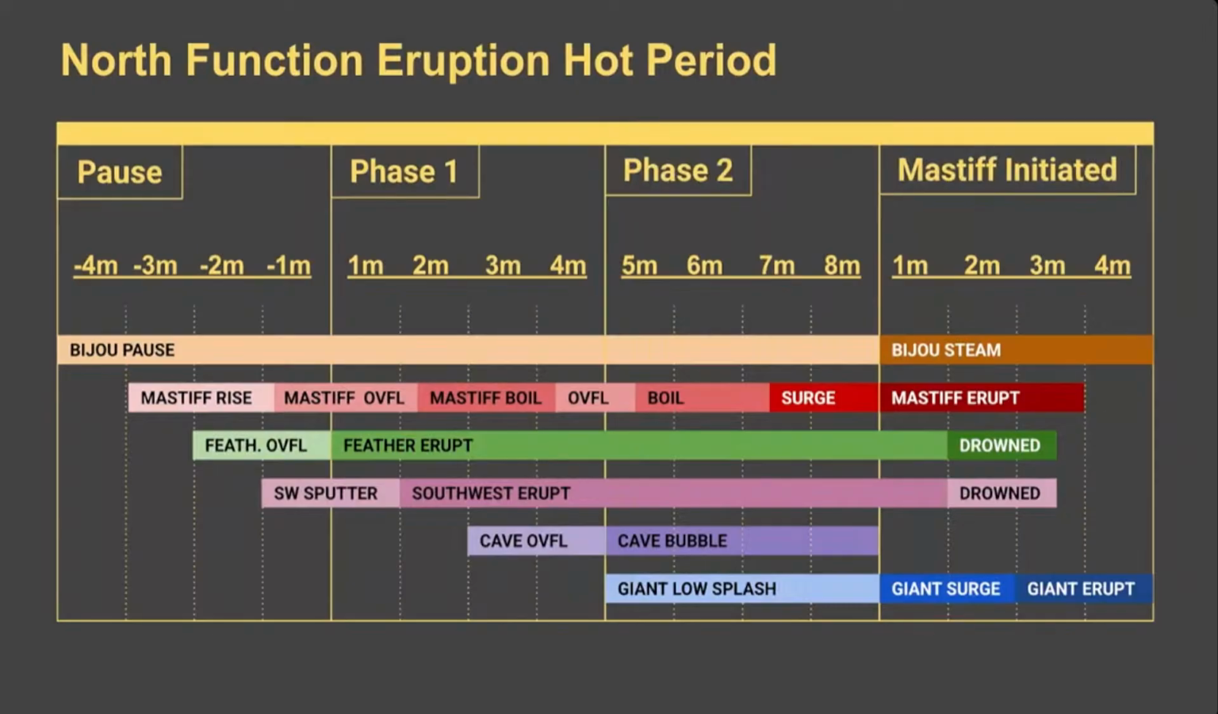So 5 of these double Mastiff. Basically, instead of getting your first phase of Mastiff boiling and your second phase of Mastiff boiling, you get your first eruption of Mastiff, and then your second eruption of Mastiff. And in between, there's a gap, usually 3 to 4 minutes long. Everything stops. It's always a